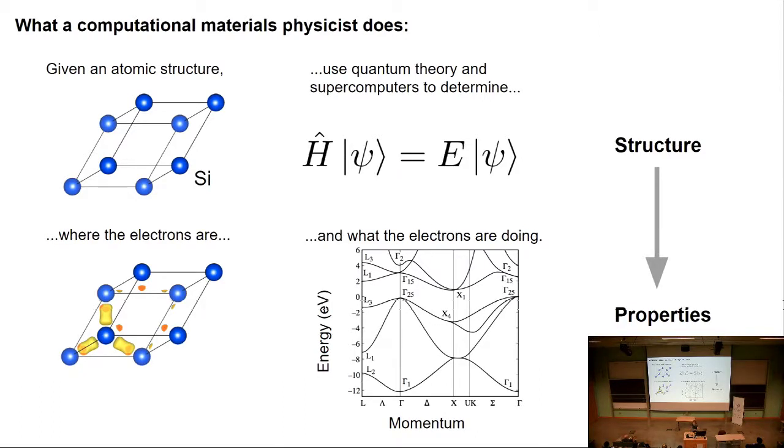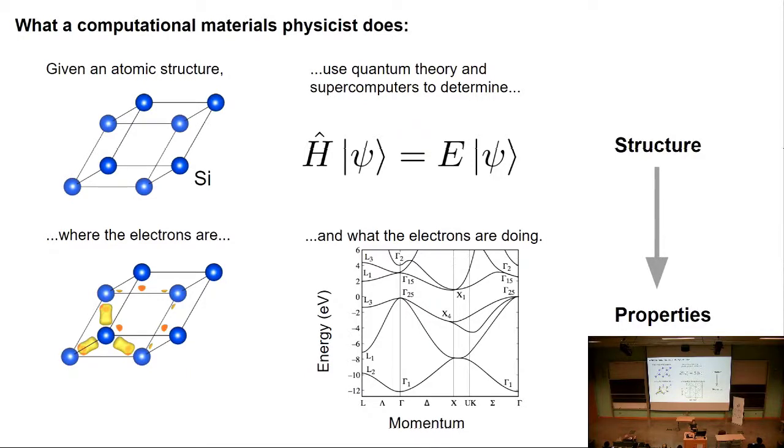And this diagram right here is the not so intuitive band structure diagram, or affectionately called the spaghetti diagram, because it is relating the energy and momentum of electrons in a crystal, but momentum in this case, because this crystal is periodic, it gets complicated. So instead of using numbers like a normal plot, we use these Greek letters. But what these diagrams basically tell you is that if the bands are very curvy, the electrons can move around very easily. If they're flat, the electrons can't really move around. And then the gaps between energy levels tell you how much energy it takes to go between one level and another.